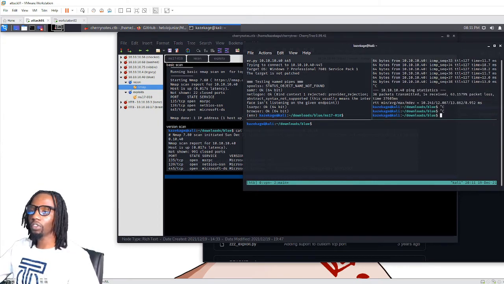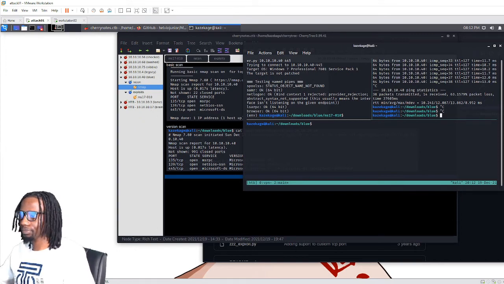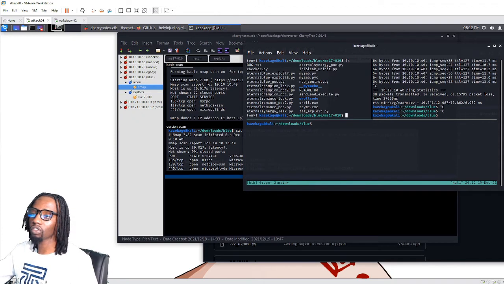All right. So you can see that this target is not patched. It does not have the MS17-010 security update, so it is vulnerable to Eternal Blue. Here are some of the pipes that we can use, such as SAMR, different pipes we can use to exploit this system. The reason we need the pipes is because the script that actually does the exploitation and gives us back a shell